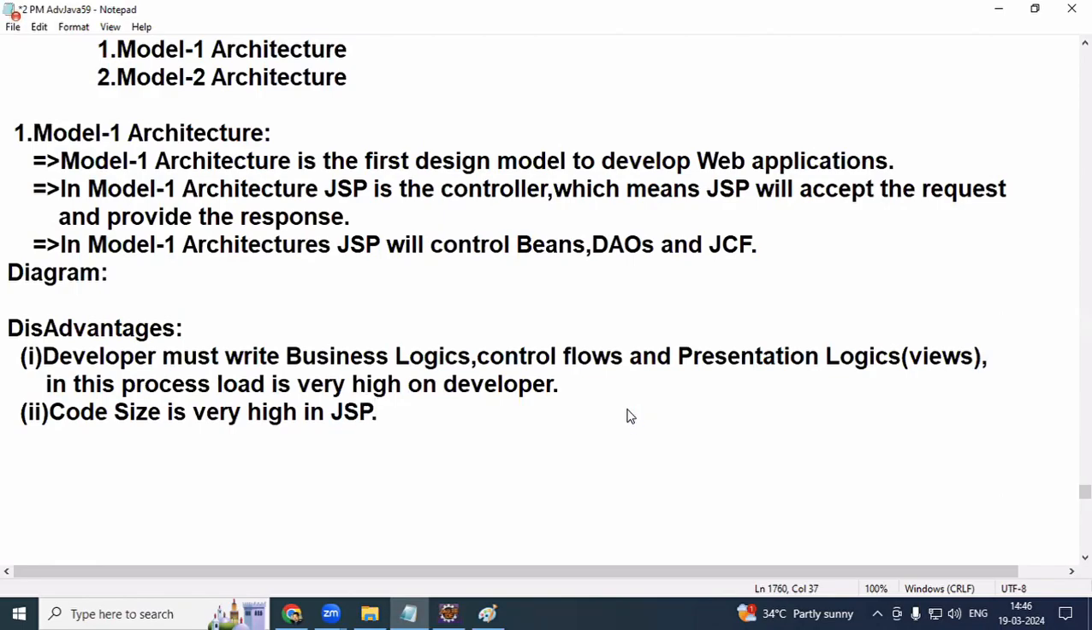Code size is very high in JSP. In a single JSP program, very lengthy code will be there. Very, very lengthy code. Modularity is not there in our project. Modularity means breaking it into small pieces. That breaking into pieces is not there. You have to write in a single JSP. Third one is